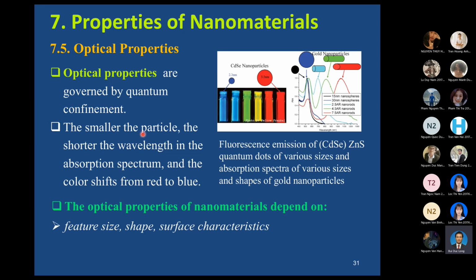For a smaller particle, the wavelength in the absorption spectrum is shorter. So smaller particle, shorter wavelength absorption, and the color will shift from red to blue. You can see here just by changing the nanoparticle size